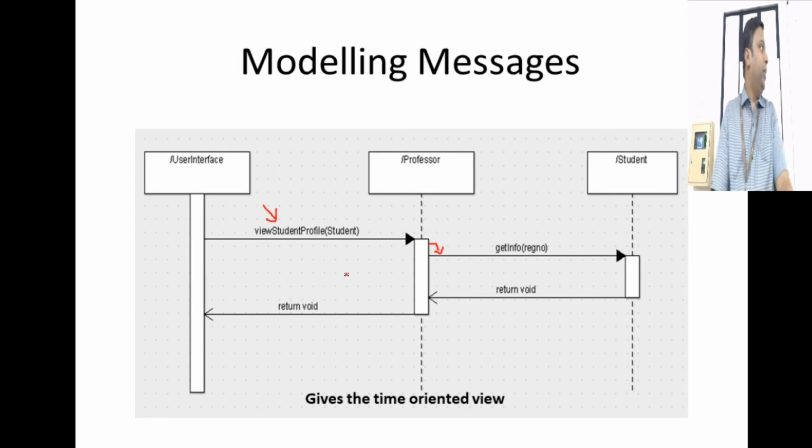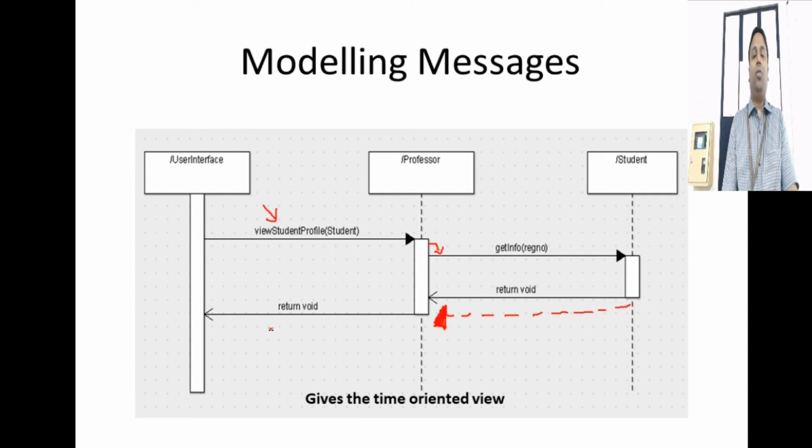One more thing, while you are writing in the exams, your return should be of this notation. Please keep this in mind. It should be a dotted arrow. That is the standard notation, with an arrow like this. So that is the notation given in your textbooks. In Argo UML, I am getting this particular notation, but fine. So whenever you are returning something, you just give this notation. Okay.